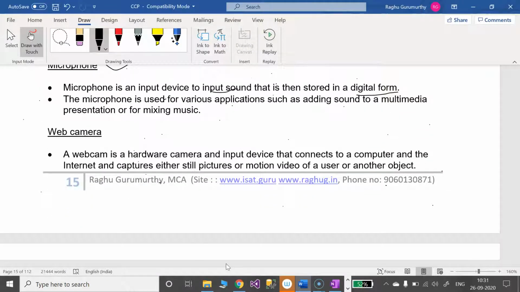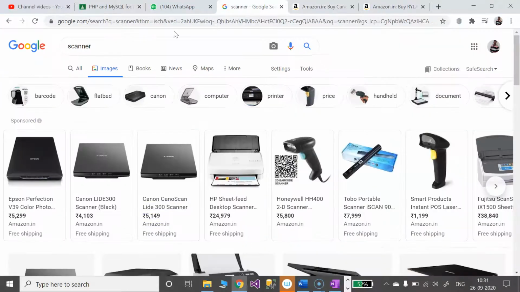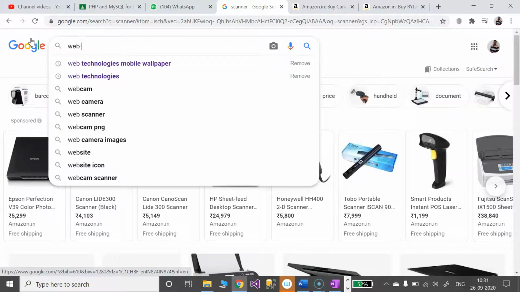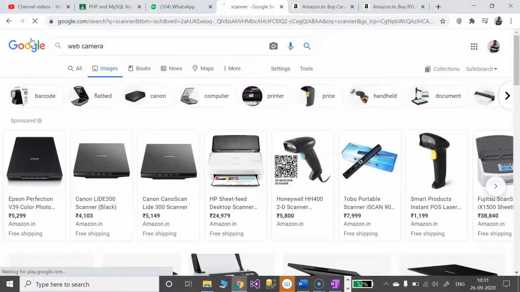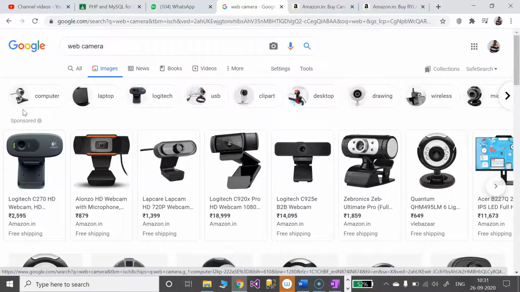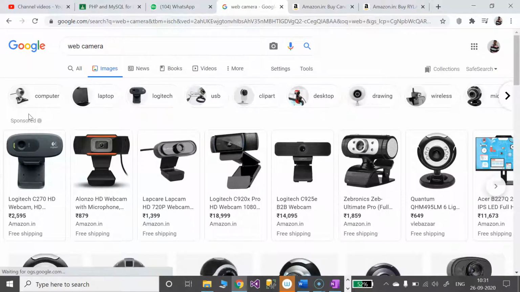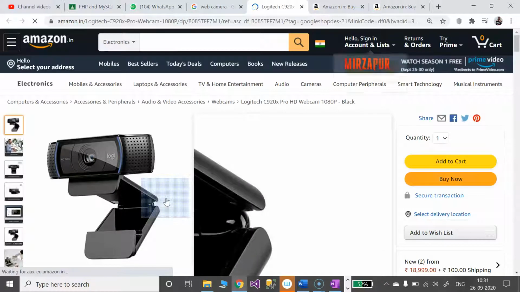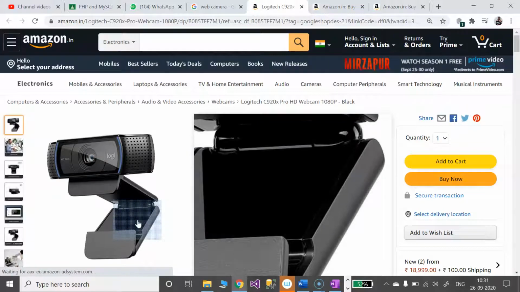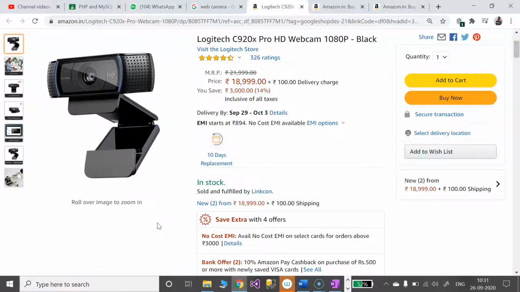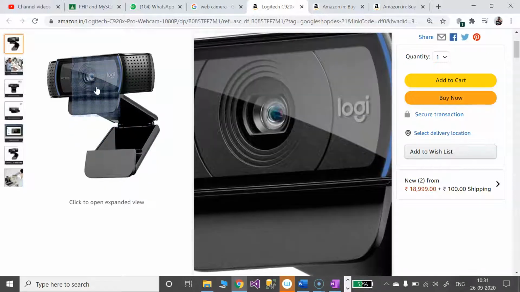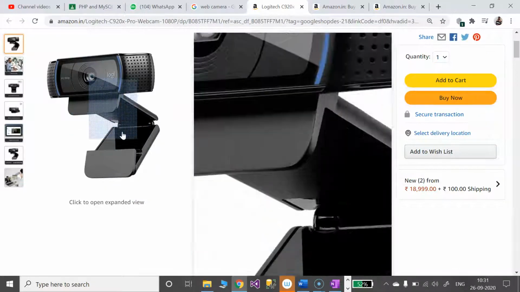Later, web camera. Earlier there was a great need for web cameras, because our systems did not come with web cameras. Nowadays our laptops come with web cameras. Anyhow, if we need a web camera, we can get one separately and attach it to our desktop through software called drivers. We may attach a web camera and make it work with our computers. This is the camera, which in other words is also used as image input.